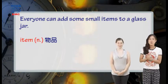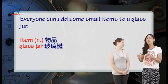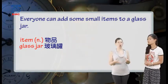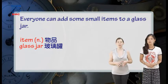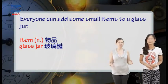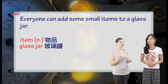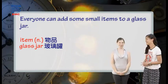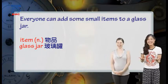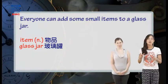Okay, so what are these items that you're adding to the glass jar? Item 是东西物品。You put these items into a glass jar， 也就是玻璃罐里头。So what can we put in there? Well, some things that you remember you have to keep them small because it's a small jar. Some things you can put in a time capsule, maybe a small toy, a picture of your family, maybe a movie or a concert ticket from this year, and here's another good idea. Write a short note to your future self and put it in there and you can read it later. That's nice. And a picture of everybody on that night would be nice, right? Yes, exactly. 几年之后再拿出来回忆过去。